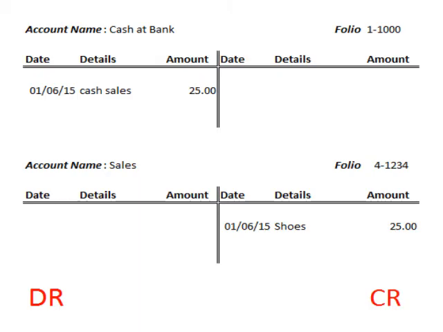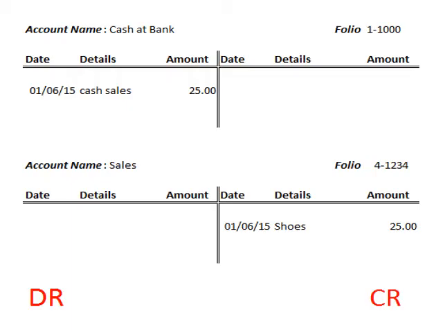And here it is here. Notice that we have cash at bank, and on the left side is where we put all the debits. That is the amount coming in to us as the merchant, which is $25. And on the credit side we record that which is going out of the business, that is the shoes, and they are worth $25 to our sales account. So we have $25 in cash in, and the shoes being our sales of $25 credit out. Debits must always equal credits.